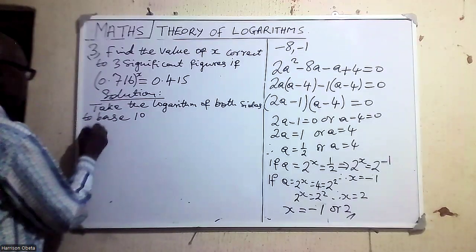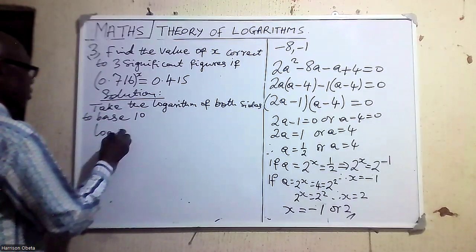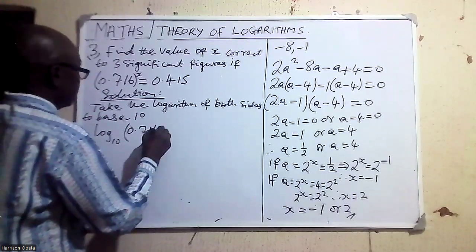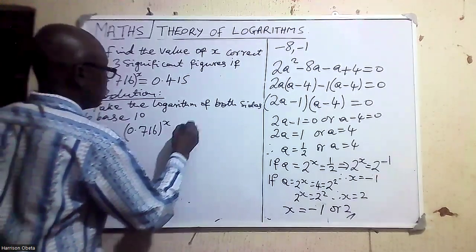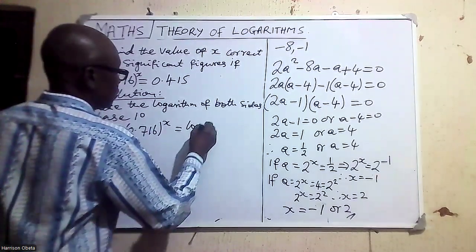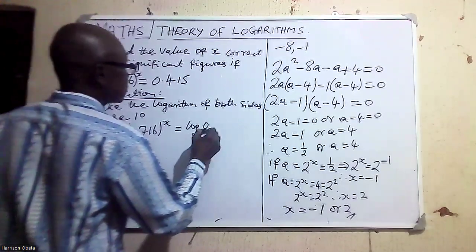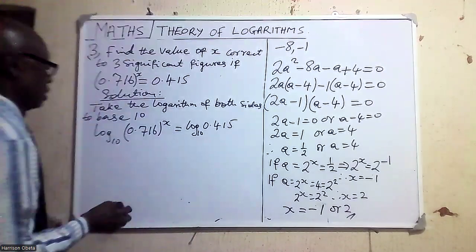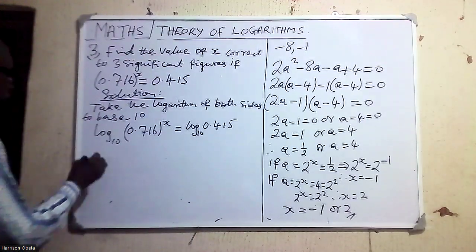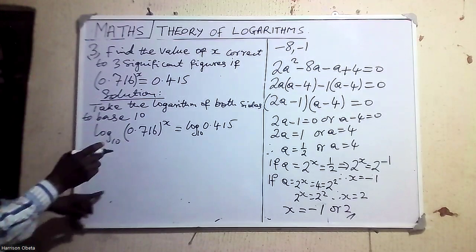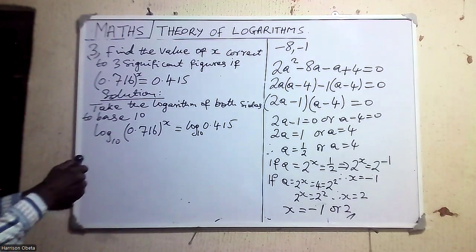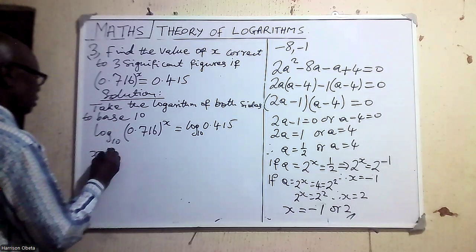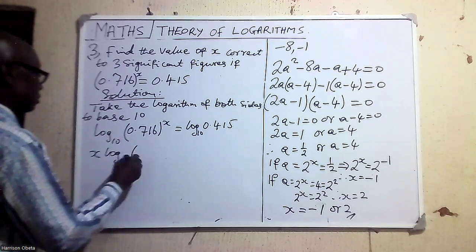That means we are now talking of log 0.716 raised by x is equal to log 0.415 to base 10. And again, from laws of indices, from the theory of logarithms, this is x log